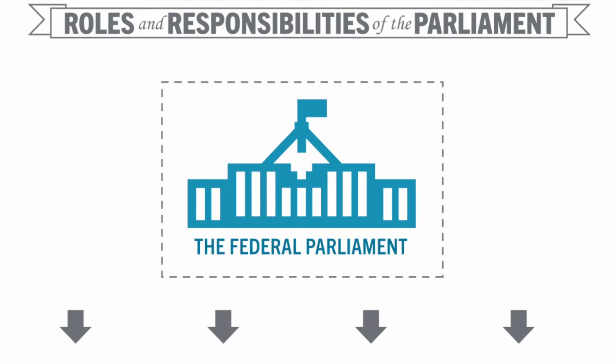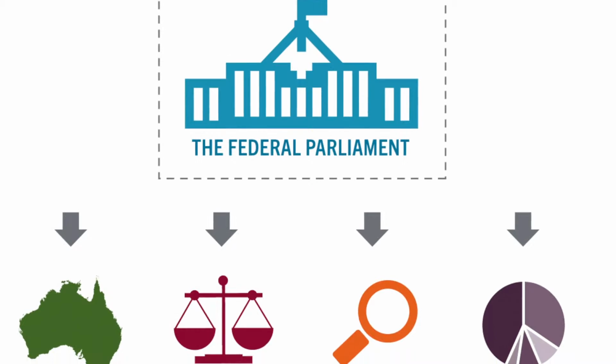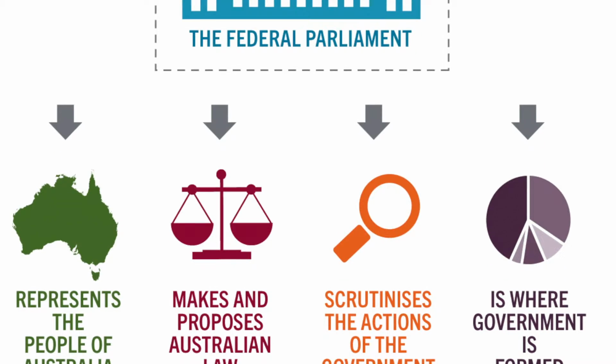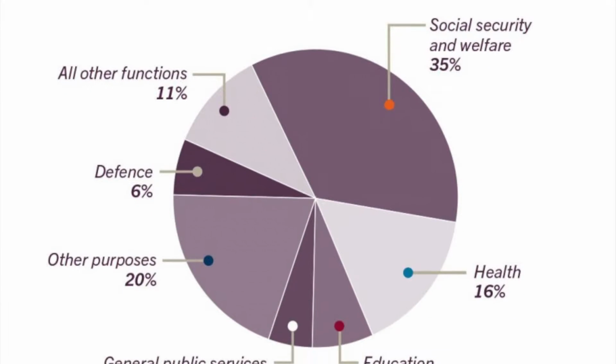The federal government, known as the Federal Parliament, is responsible for representing the people of Australia, making and proposing laws, observing the actions of the government, and it is the place where the government is formed. The money that we pay in tax becomes a part of what is called the federal budget, which prioritises the